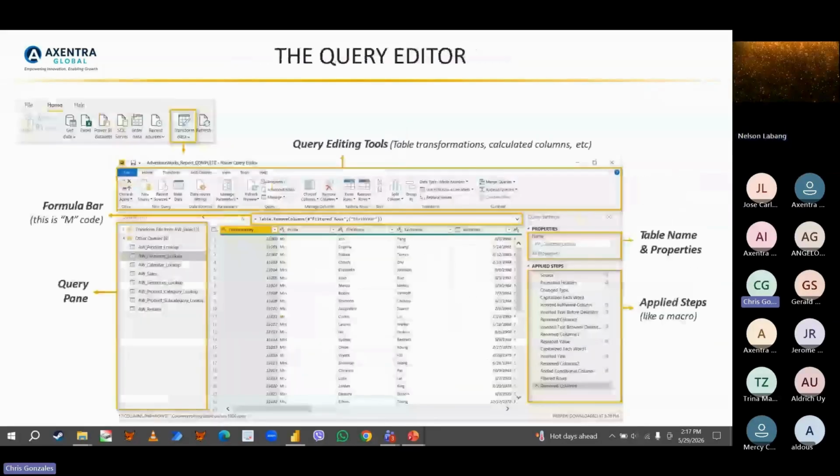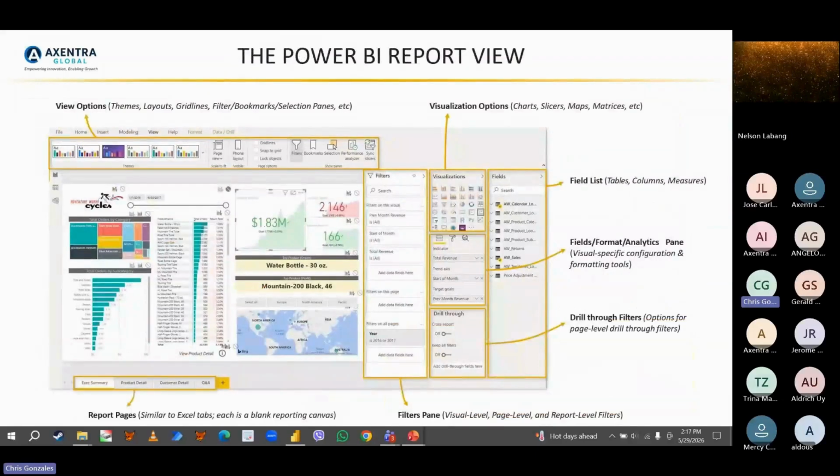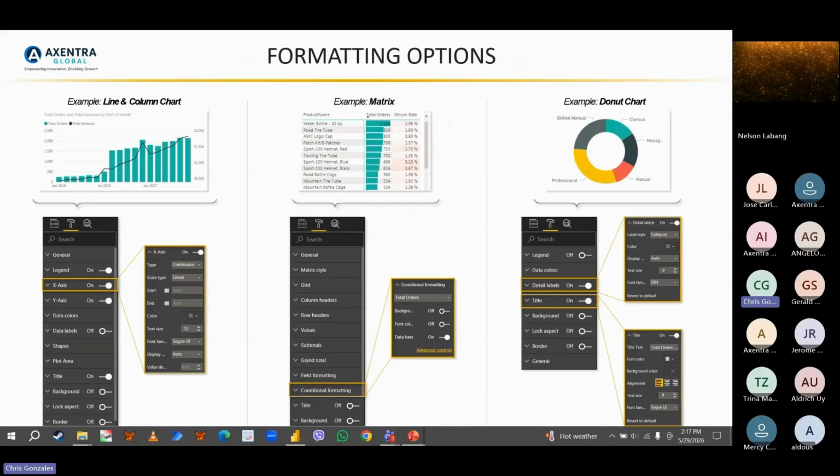Okay, so for data visualization, we have discussed a few items. That's the report view. The report view includes the filters, the visualization, and the fields. And in the report view, everything is just drag and drop. Okay, the challenge in the report view is familiarity. As I have mentioned earlier, you need to remember where to click and when to click a certain button. Also take note that each visual contains a different set of formatting options. So we have different formatting options for the map, for the donut chart, for the bar chart. So you have to select and click the format button manually.